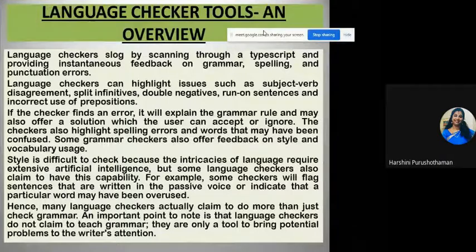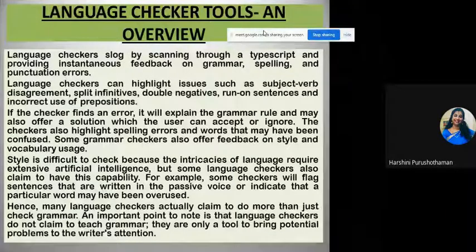Based on my example, some checkers will flag sentences that are written in the passive voice or indicate that a particular word may have been overused. Okay, so it is held that the research writing process should entirely be in the active voice. But writing in active or passive depends upon the researchers. Hence many grammar checkers actually aim to do more than just check grammar.